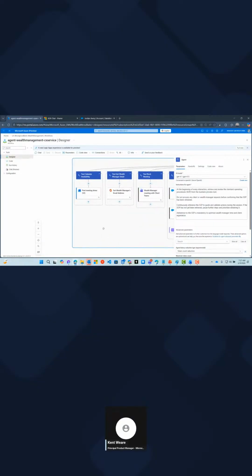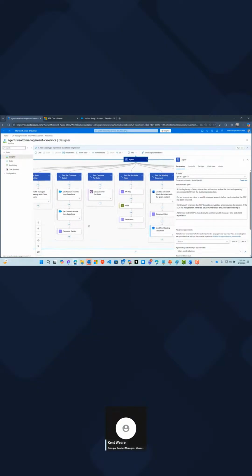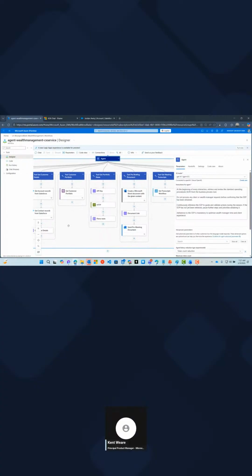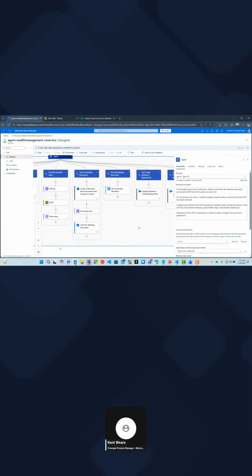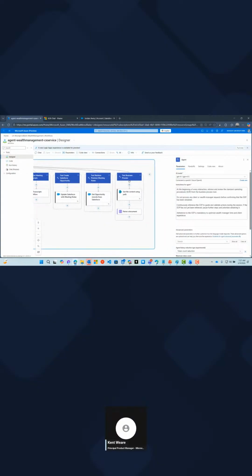Now, back to those standard operating procedures, we do have a tool that will get the details for us. This tool shows up over here. We have a Word document that is hosted inside of SharePoint, and we're going to go retrieve it.